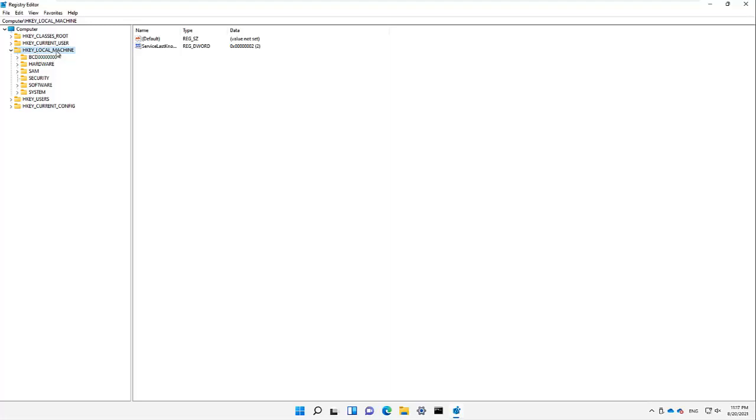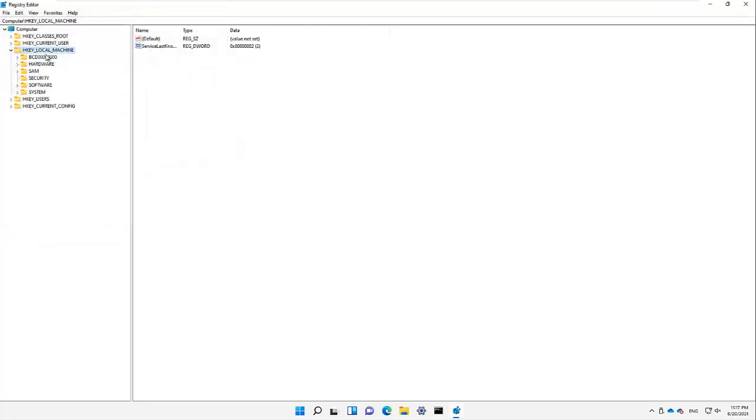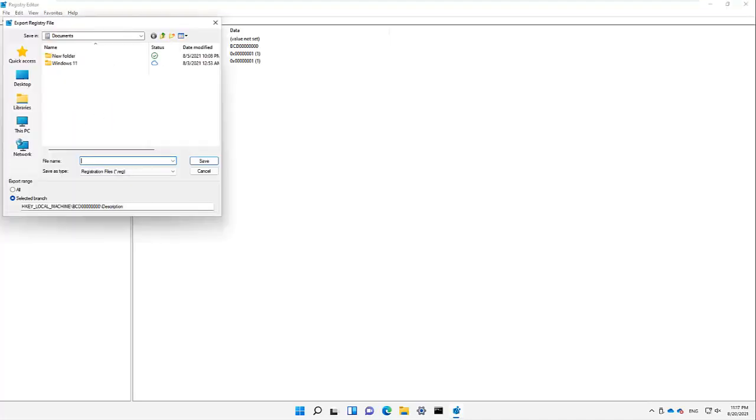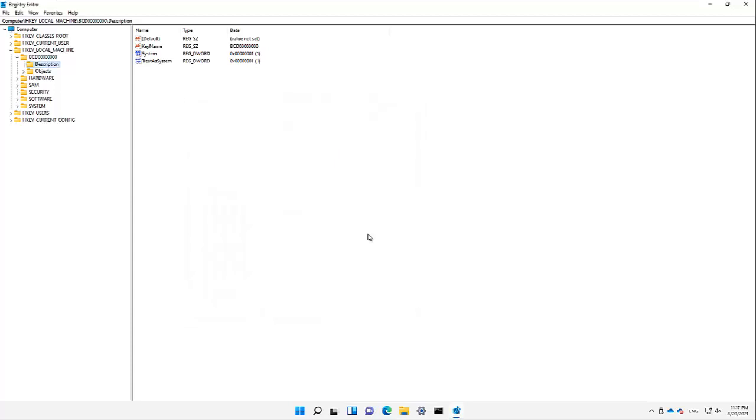So here, for example, we have the key local machine. If I right click, I can actually export this registry key to my device. You can see I can export this to the reg file, but this is going to take a very long time because there's a lot of information here. But I can decide to export just this information only, and let me just call this description reg. Click save,